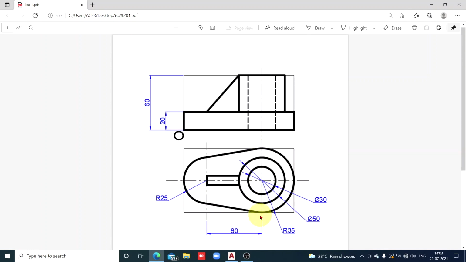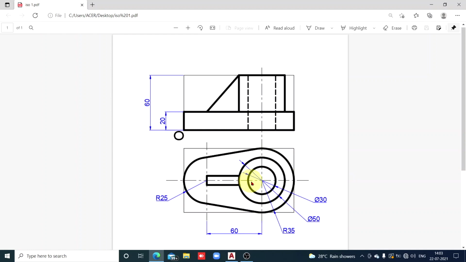What is the width of the object? Check here. The outermost boundary is a curved edge of radius 35. So diameter is 70. 70 is the width of the object. Width is measured vertically in the top view. Length of the object is 60. It is the center to center distance. The extreme left edge is a curved edge. The extreme right edge is also a curved edge.